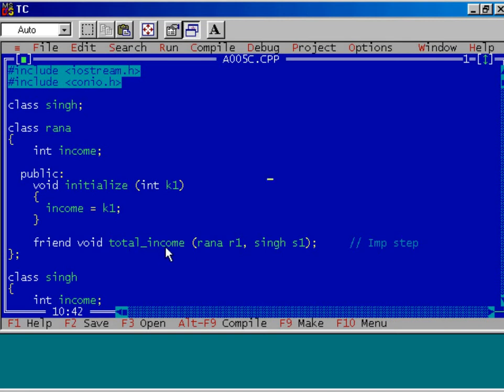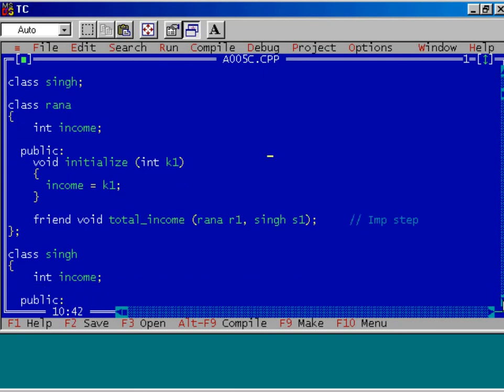What I said, the total income function is not a member of this class. This is an independent function. But using the word friend, I declare this function as a friend of class Rana. What is the advantage? This total income function can access the private data members of the class Rana. Is it clear?